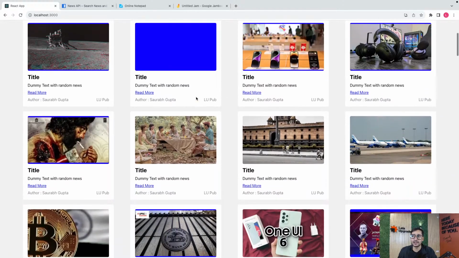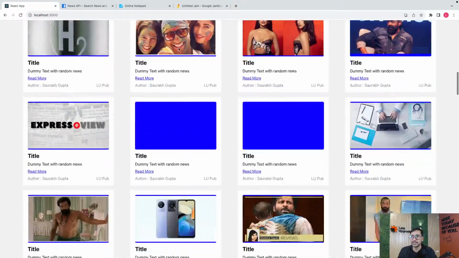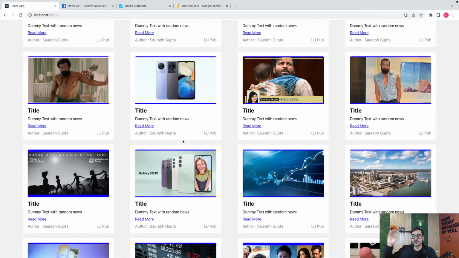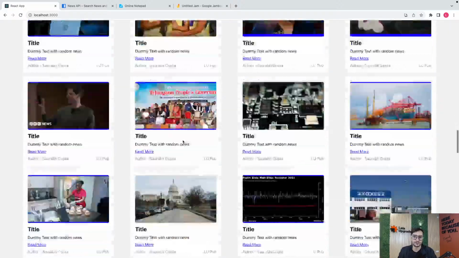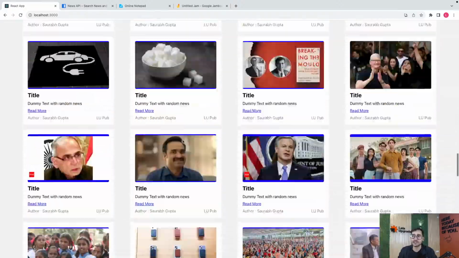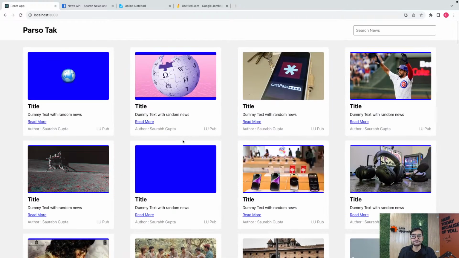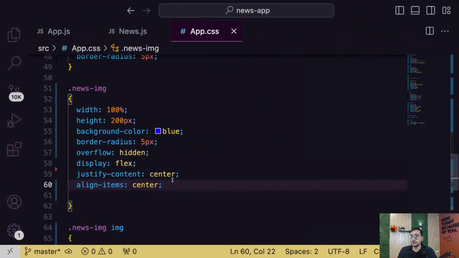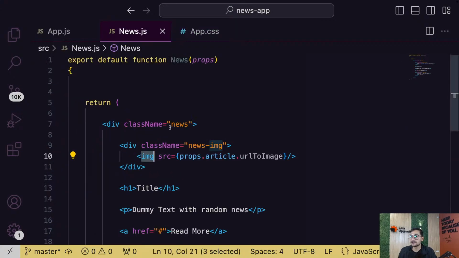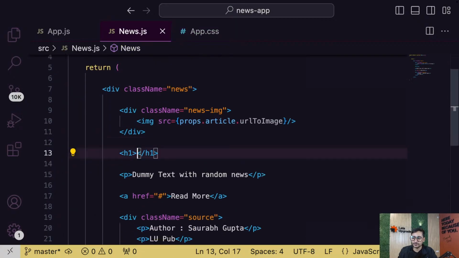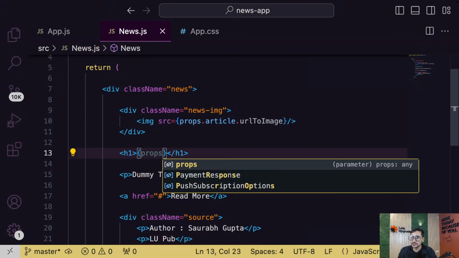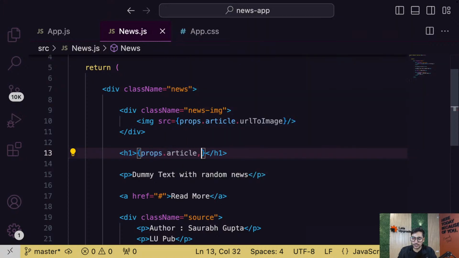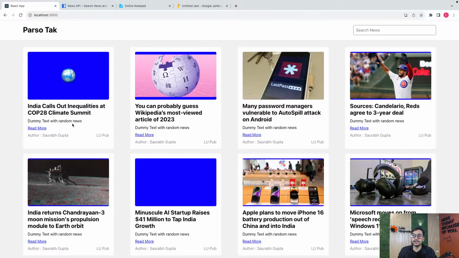And guys, some of them are not available, so that's okay. It's completely okay if some of them are not available, because from whatever resource they're coming from, that is the issue. Okay guys, so we got all the images. Okay, all set. And now time to put the title. So in the place of title, props dot article dot title. Let's see. And guys, you got the title as well, right? See that, everyone? Really good looking title.